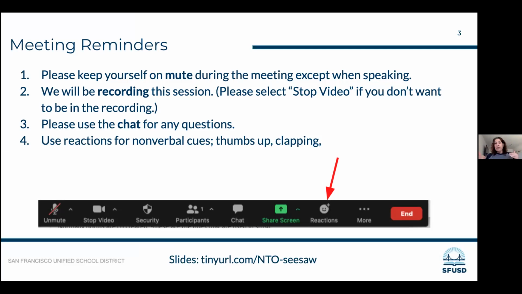We have some new cues coming down the line with Zoom. There's going to be not only a thumbs up, but a little clap, a little heart, and I think there's a wow one. So you'll have lots of different pieces that you can use.